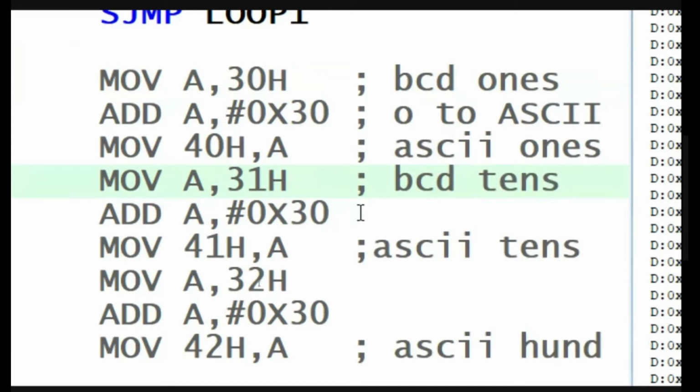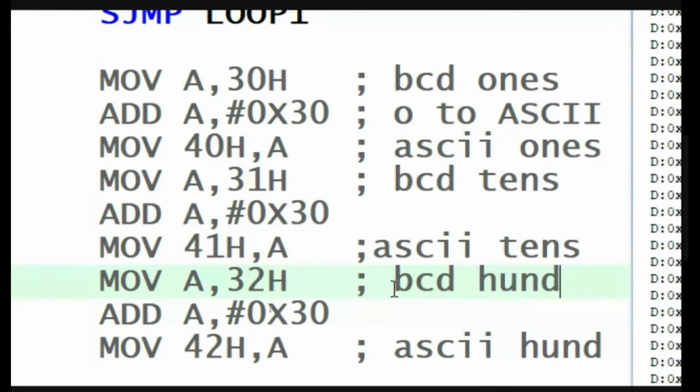Adding 30, we are converting to ASCII and then storing it to the 41st memory location. And then the 32nd memory location contains BCD of hundreds. So by adding 30 to the hundreds, we'll get the ASCII value of hundreds.